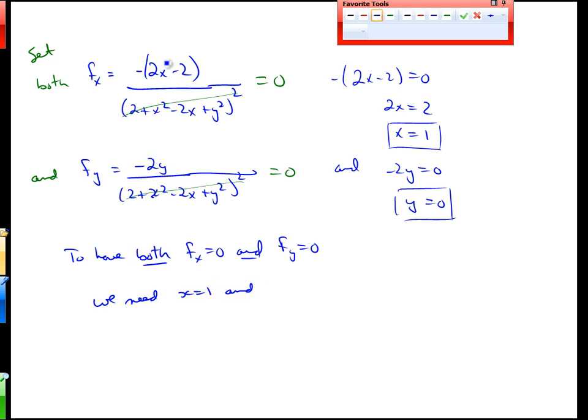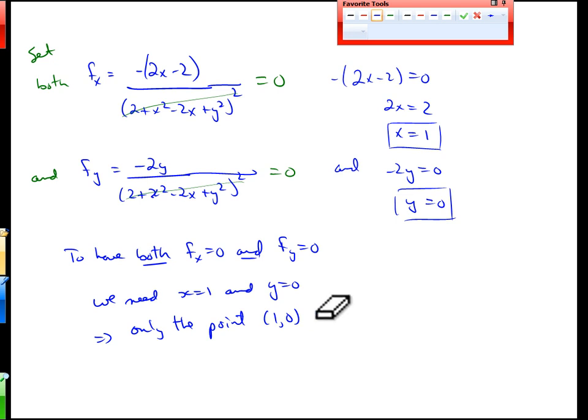And that only gets me half of what I need. I need both of these equal to 0. So I need to get f sub y equal to 0 as well. And so we must have both of these true. And what that tells us is only the point (1, 0)